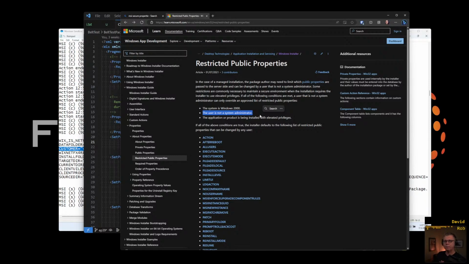So I'm a system admin on my machine, but I have to do UAC prompts to get to the elevated part, right? But I'm still an admin, and I'm still recognized as an admin that can elevate as long as I allow each of the prompts, right? So I'm living the experience of going through UAC, but I'm not living the experience of a user that does not have admin privileges. That's like a whole other level of complexity to operate under.